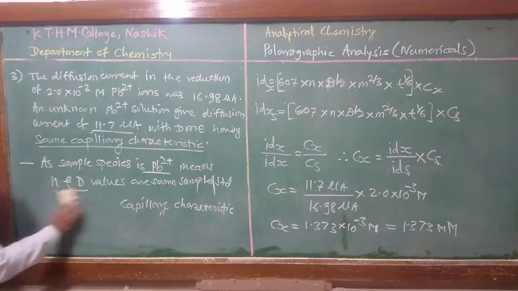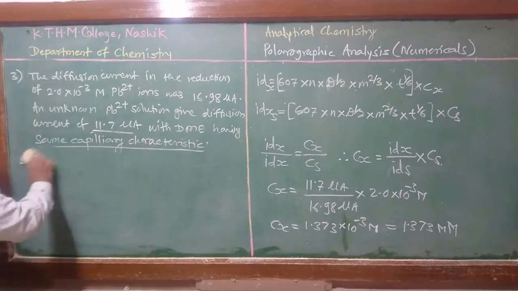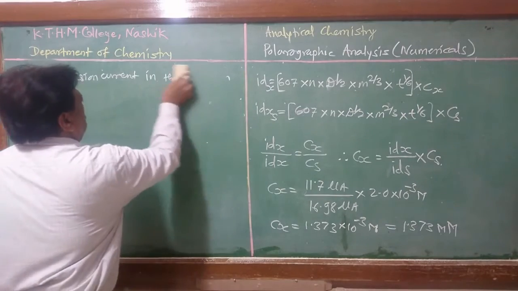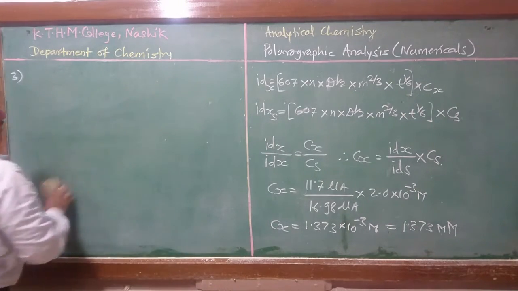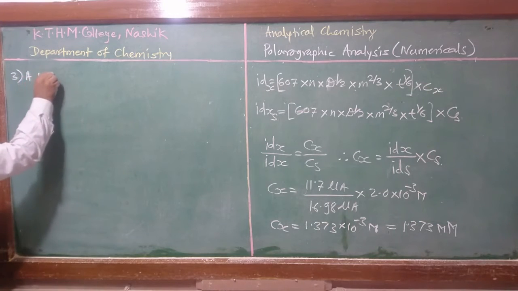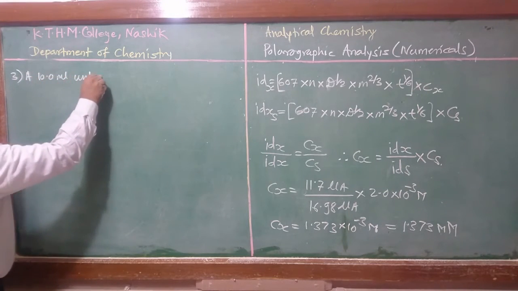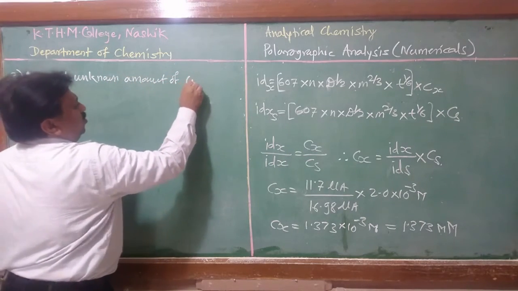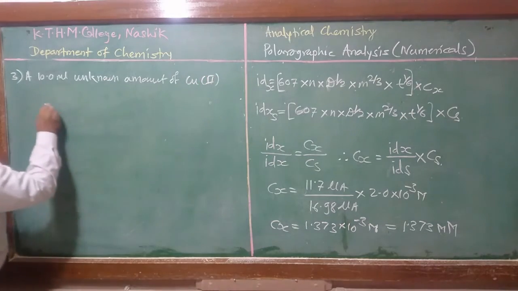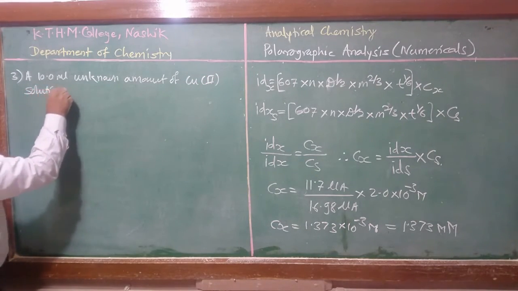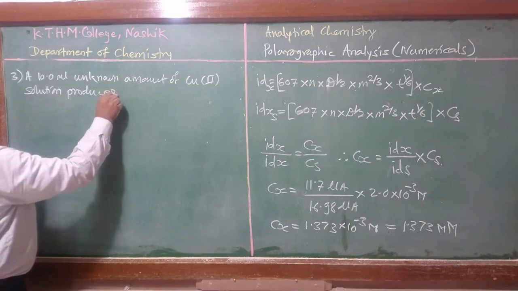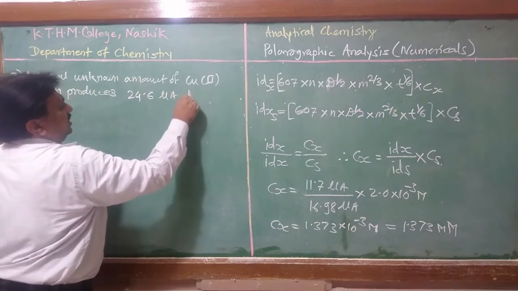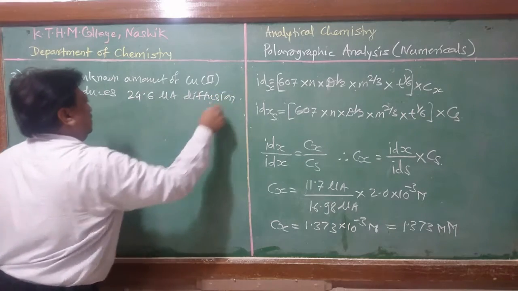Students, now we solve the next problem based on the standard addition method, which is useful in polarographic analysis. The problem is like this. A 10 ml unknown amount of copper 2 plus solution produces 24.6 microampere diffusion current